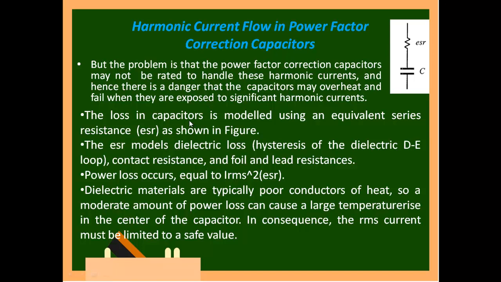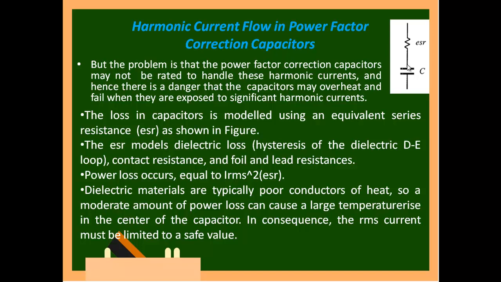So what I have concluded is the problem is that power factor correction capacitors may not be rated to handle these harmonic currents. So there is an increase in current in the capacitance that we have not considered in design. In design we might have considered only the current that will flow for that particular load, and calculated for that. But due to these harmonics the current is increasing, so this will overheat and finally it will fail your capacitance.